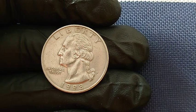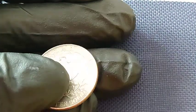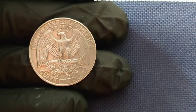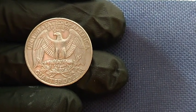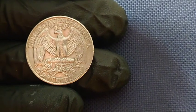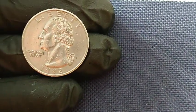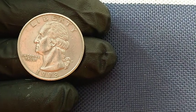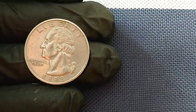Next, brace yourself for a deep and thrilling exploration into one of the most jaw-dropping stories in the entire realm of rare and collectible coins, because what you're about to hear isn't a fantasy, a legend, or a rumor, it's the verified account of a single 1998 Washington quarter dollar that has captivated the attention of the global numismatic community, stunned even the most seasoned coin collectors, mystified metallurgists, and become the holy grail for modern coin